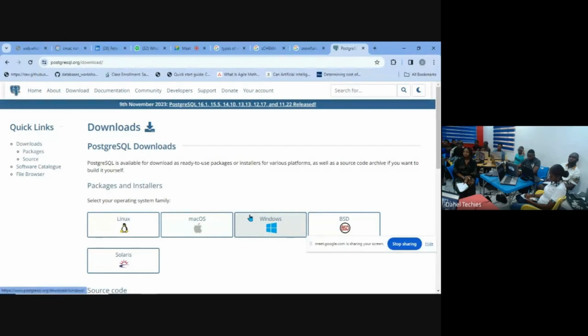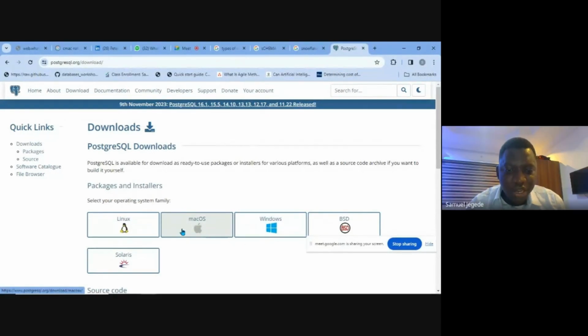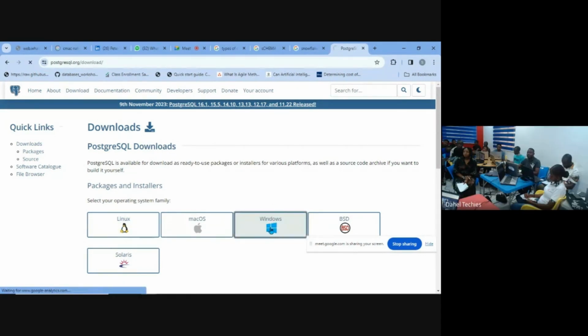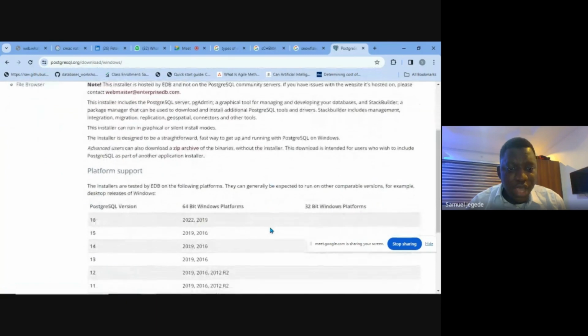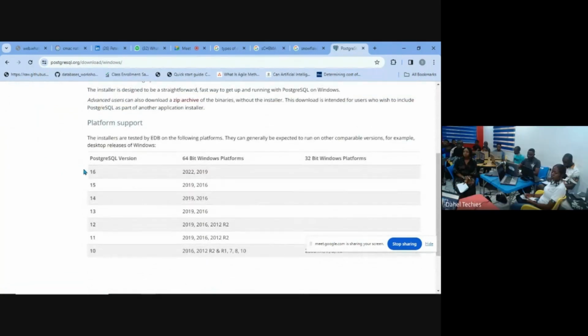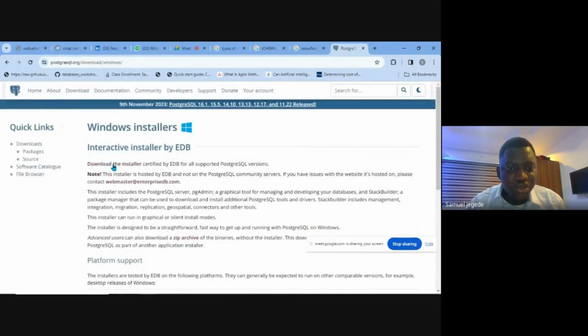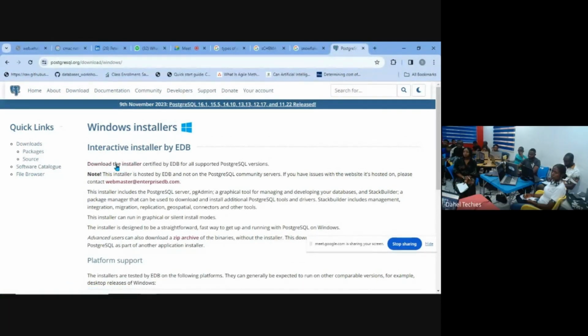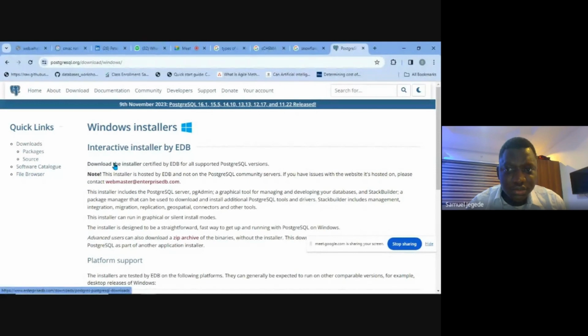Because your system is Windows, some are using Mac OS. If you are using Mac, click on Mac. If you are using Linux, click on Linux. If you are using Windows, click on Windows. After clicking on Windows, you go to download the installer here. You can see one orange here, download the installer. Once you click on it,